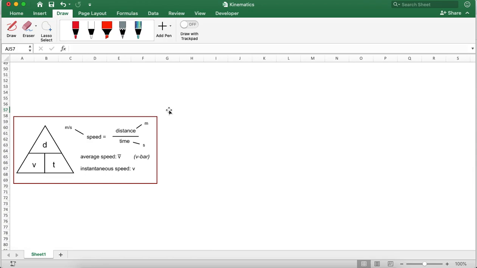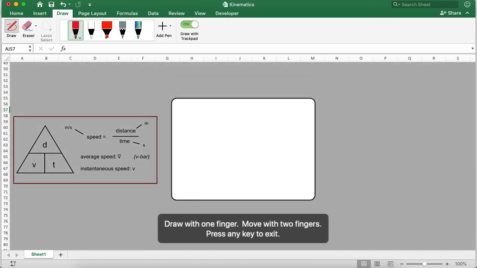Now I will define speed and velocity. In a simple way, I will explain what speed is and what velocity is. First, the speed, which I will represent with S. The definition of speed is the rate of change of distance. So S is equal to d by t, where t is the time and d is the distance. The rate of change of distance is known as the speed, so s is equal to d by t.